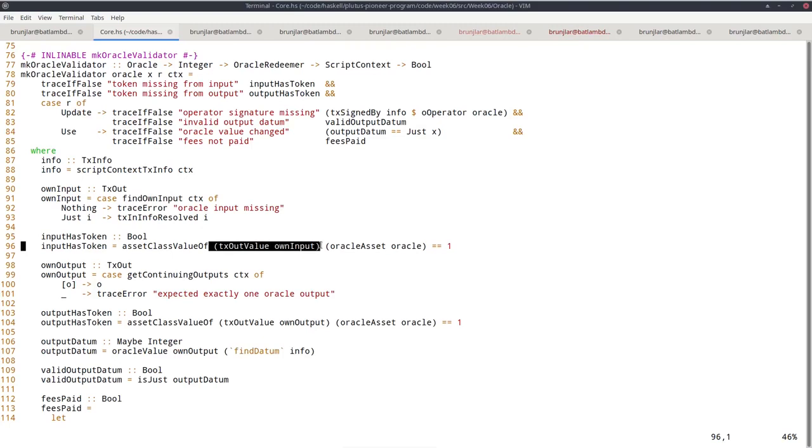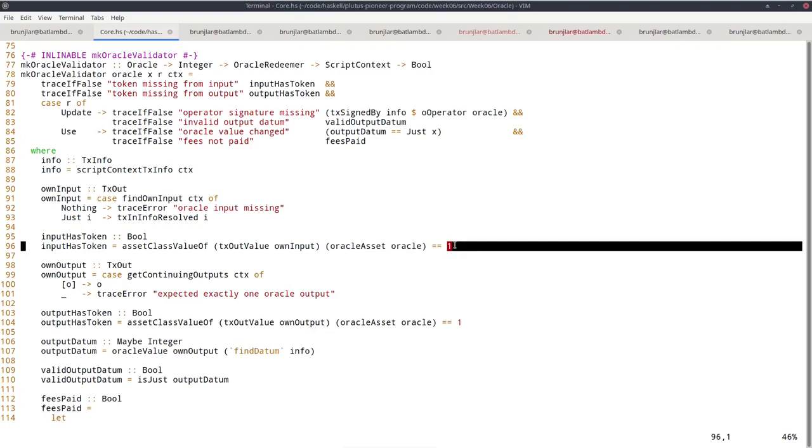And as asset class, I just use this helper function oracleAsset oracle. That gives me the NFT belonging to the oracle. So I check how often the NFT is contained in the value of the oracle output, and it should be there exactly once. Because it's an NFT, it can never be more than one, but it could be missing, in which case it would be 0. So I must make sure it is actually there. So I check whether it's 1.